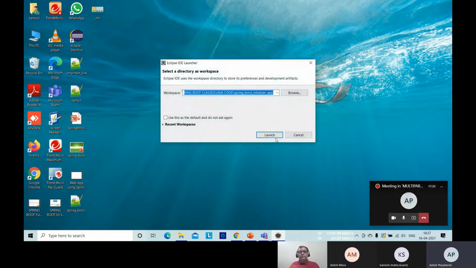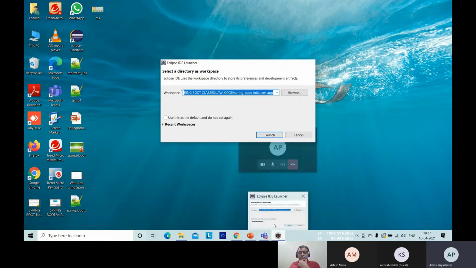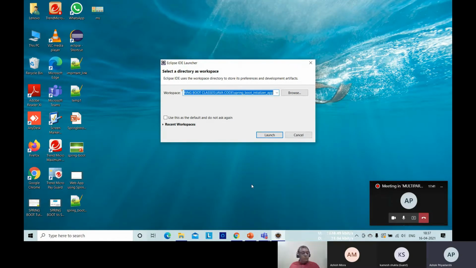Sir, I have some doubts on the last class. Okay, you tell me first. Sir, as we developed the configuration file yesterday and deployed it, let us assume a situation that we need to provide some data through some sort of XML or a properties file. Then how will we do that? That will be having a problem.